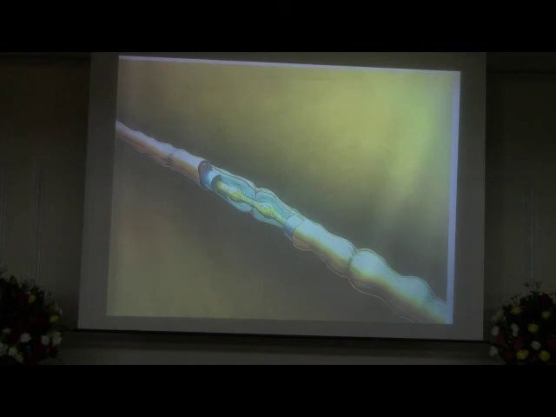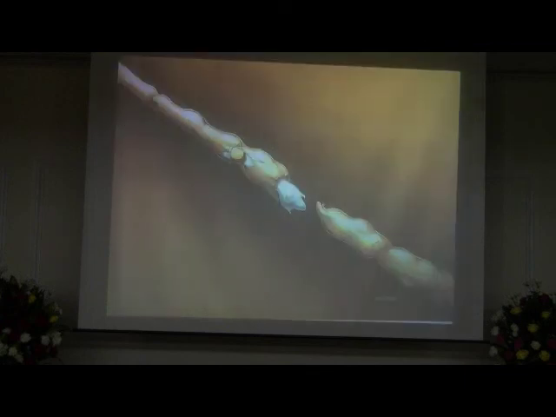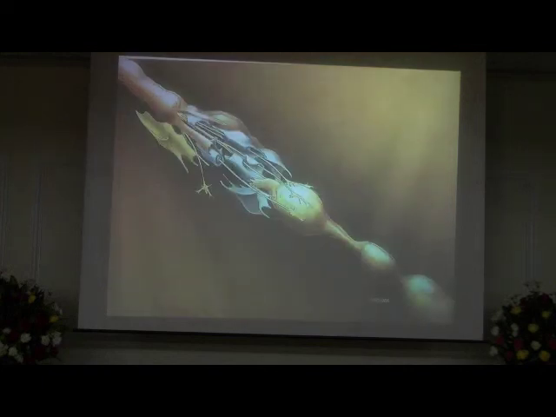So if a nerve is injured, what will happen? There will be formation of a sprouting end at the proximal end of the nerve. So the first thing that will happen, there will be a Wallerian degeneration of the distal stump. There will be also proximal degeneration for a short distance, and then next there will be the sprouting of the nerve. So based on the integrity of the connective tissue, this regenerating unit will reach the distal stump and will